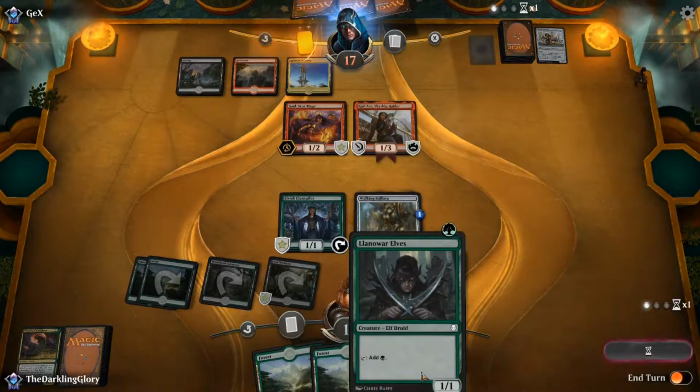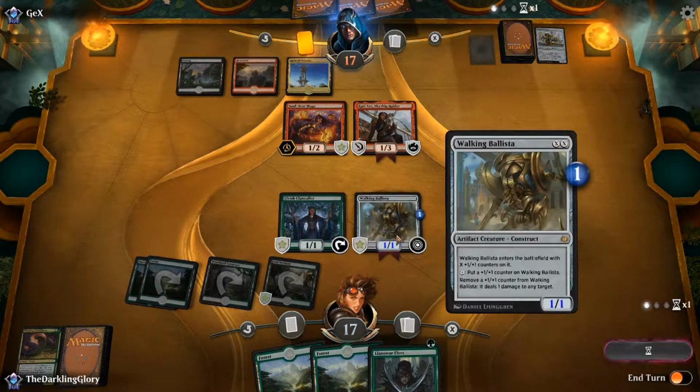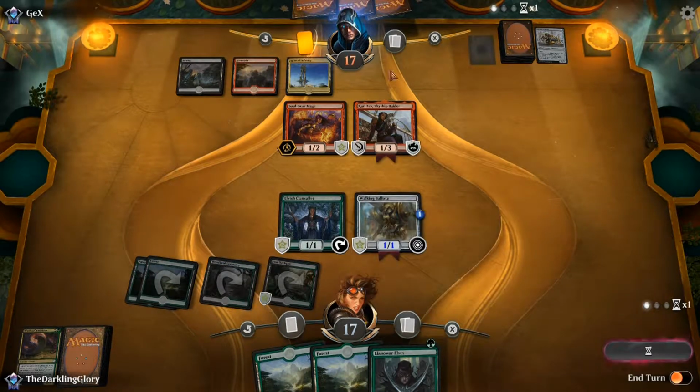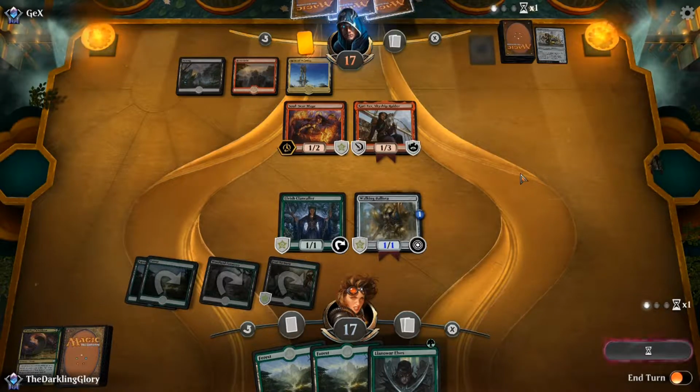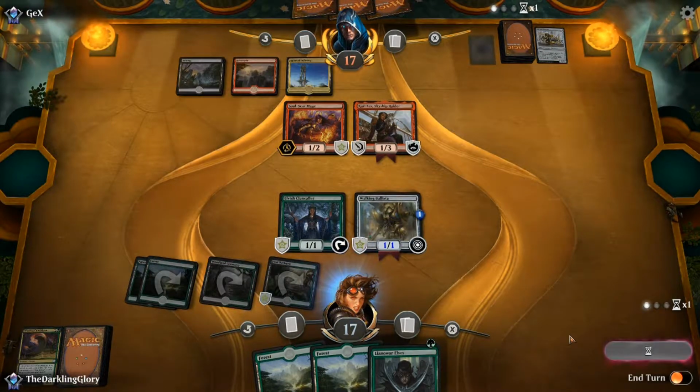Then next turn I can get these Elves down plus pump this, and then we're looking at starting to pump multiple times soon, or getting more Elvish Clancallers. If we don't die quickly, like they don't play Land Hazaret here, I think we're gonna be okay. Could use some more help. Would always be happy to draw Steel Leaf Champions on this board, but...